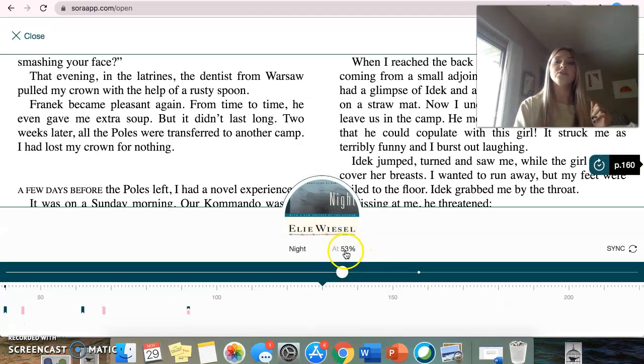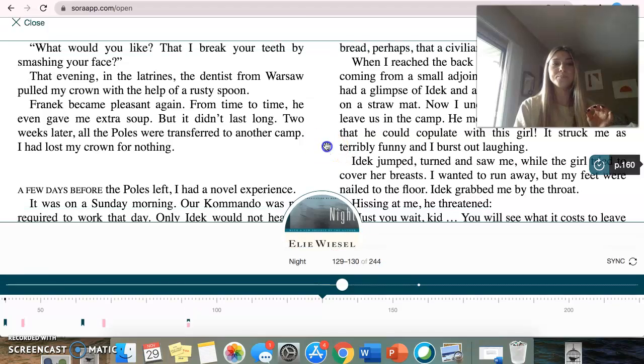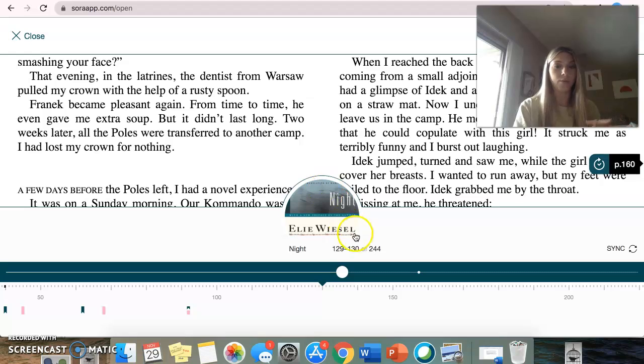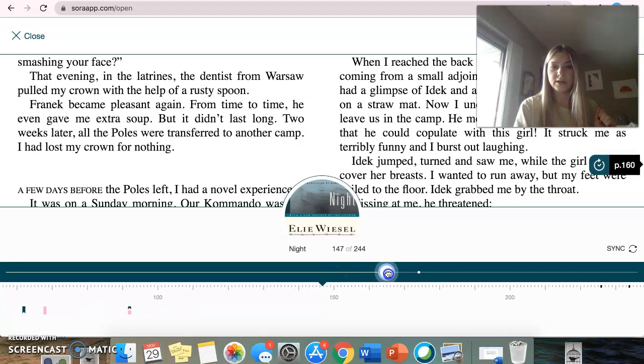So we're going to be starting at 53% or page 129. You're going to want to start reading right here where it says "A few days before," all in capitals. So that's where we're starting reading, 53% or page 129. Then we are going to end reading at page 159